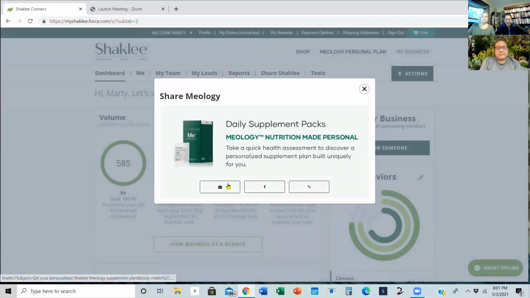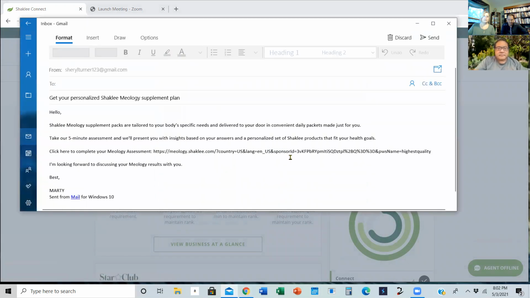That's right. And okay, so I'm going to share meology through a text. Will you look up my brother's number there? Oh, you know what? I might have to do it on the phone for a text because this is saying copy the link, so that won't help. And he doesn't ever go on Facebook. Oh, this gives, oh, here, look up his email. Here. All right.